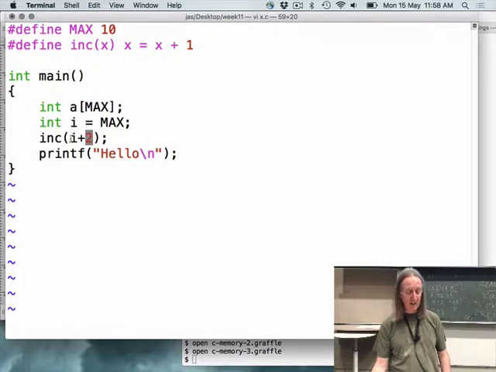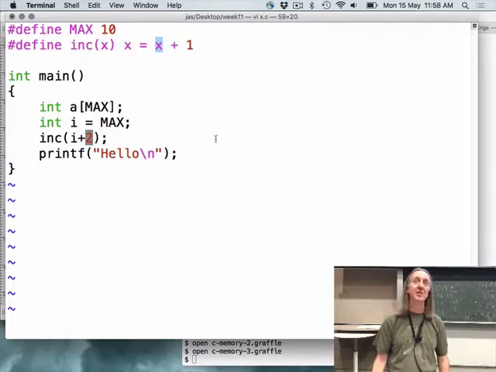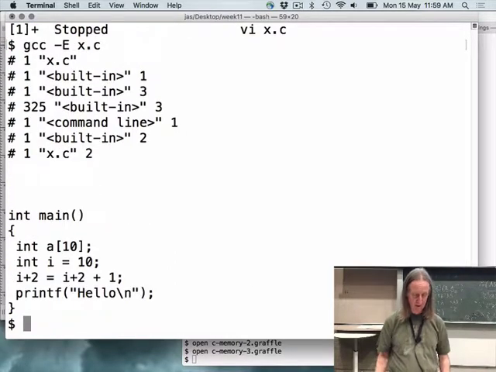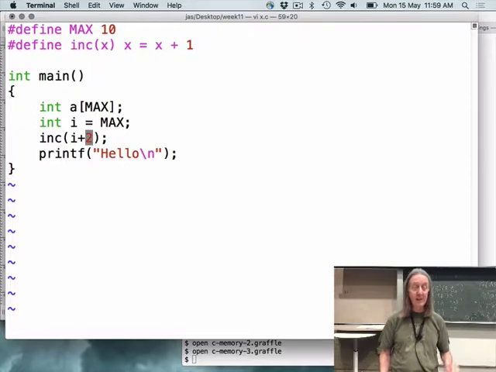So what that's going to turn into in the output code is I plus 2 equals I plus 2 plus 1, which isn't actually that useful. So anyway, just to show you. Okay, so that's going to produce some invalid C. So you need to be a little bit careful using those kind of hash defines, but they can occasionally be useful.